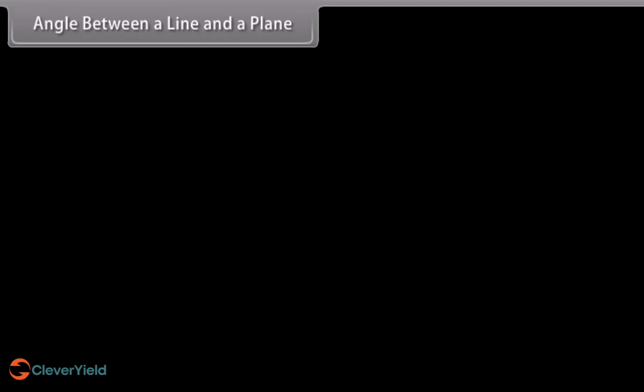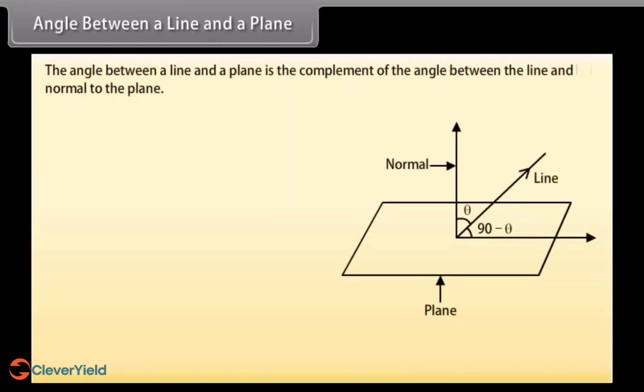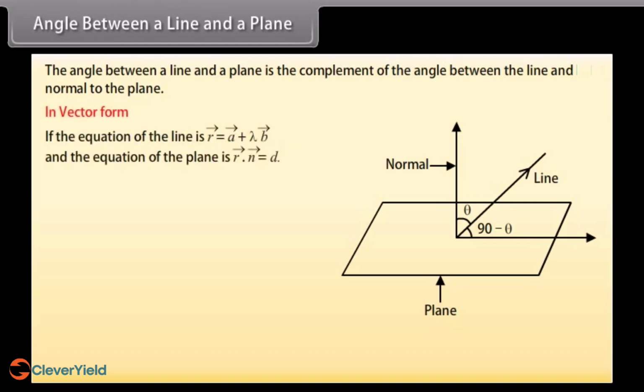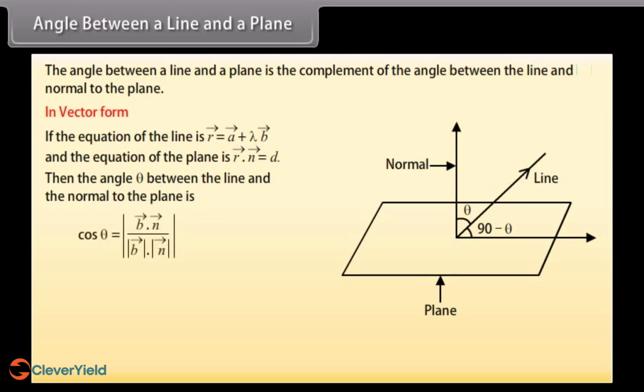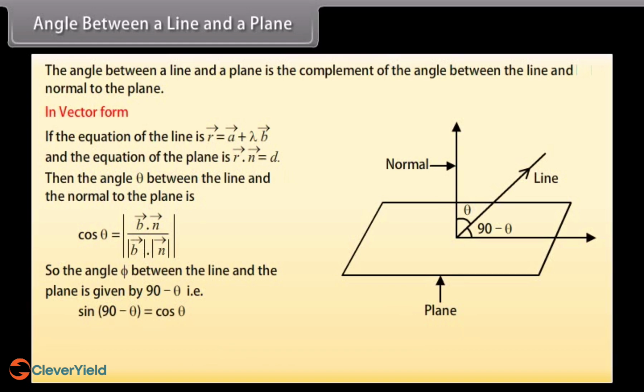Angle between a line and a plane. The angle between a line and a plane is the complement of the angle between the line and the normal to the plane. In vector form, if the equation of the line is r = a + lambda b, and the equation of the plane is r·n = d, then the angle theta between the line and the normal to the plane is cos theta. So the angle phi between the line and the plane is given by 90 minus theta, that is, sin(90 - theta) equals cos theta, and